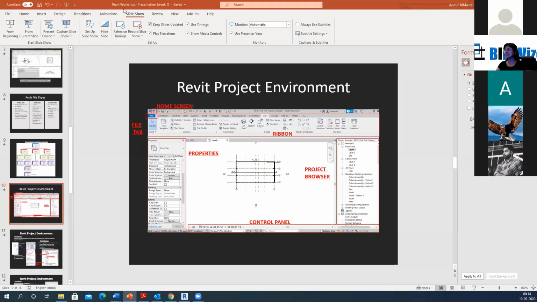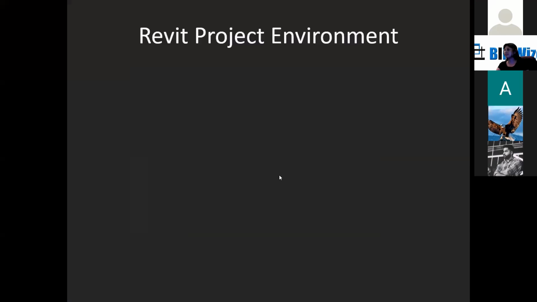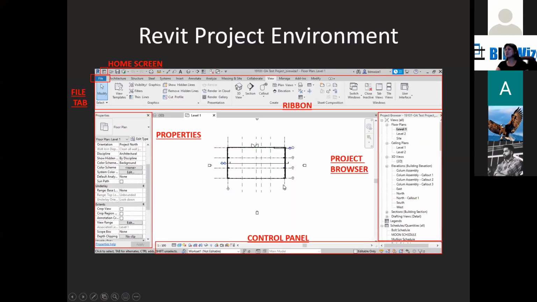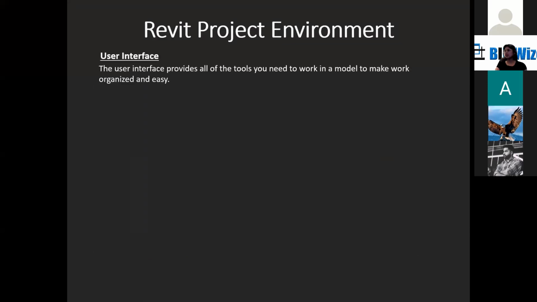Next, let's see from the slide. So user interface, what is user interface? The definition of user interface is a place where you can find all the tools and all the utilities that you can use for the model or to make your work organized. So this is